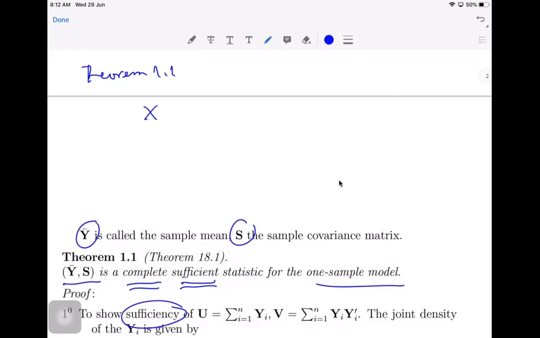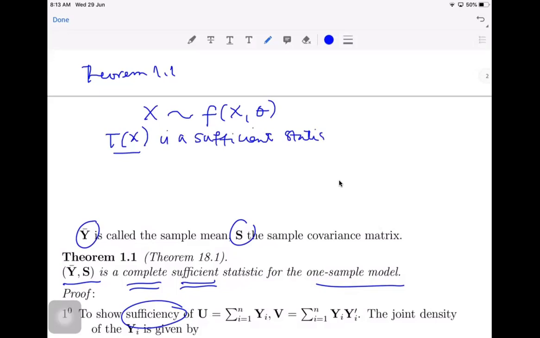So if your x has a density function, say f of x and theta, then we say that a function of this x, so any transformation on x, is a sufficient statistic if and only if